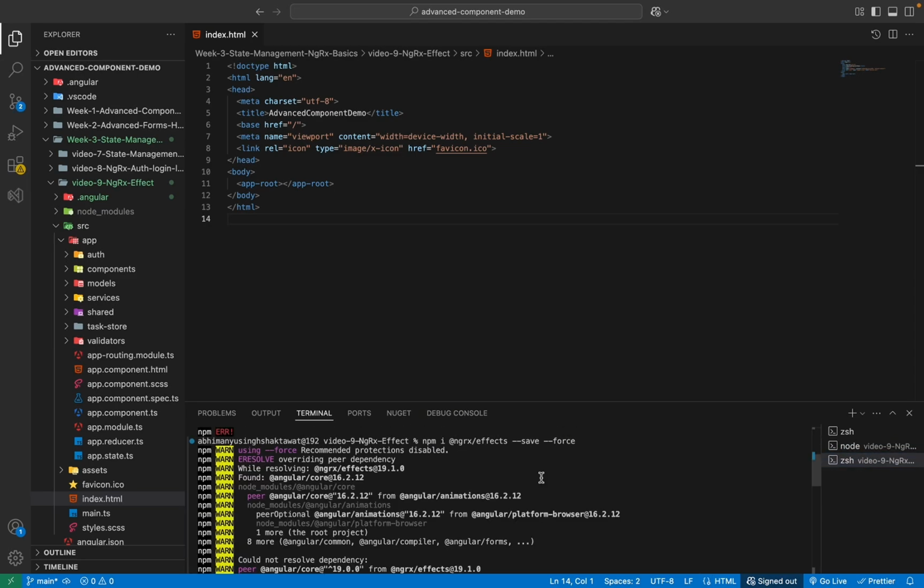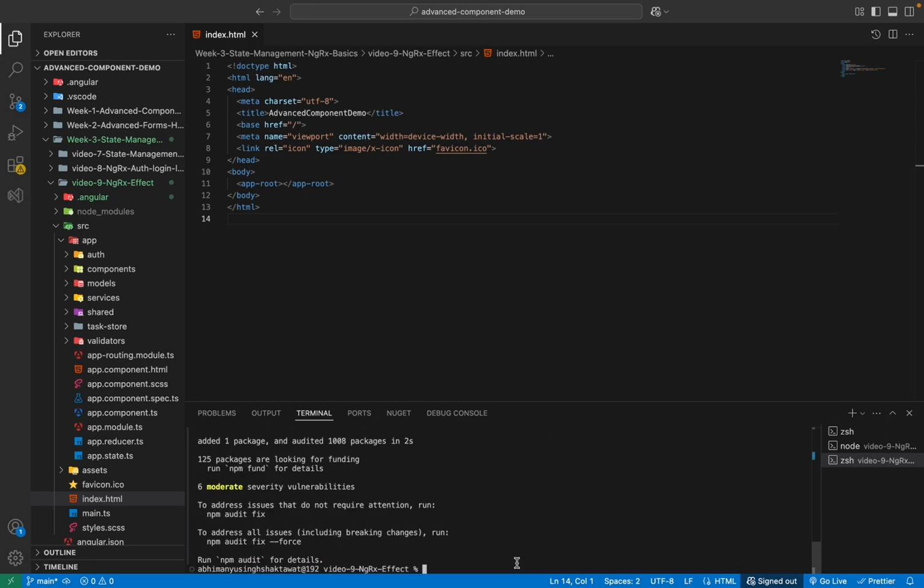So this will install NgRx effect into our project. It's been installed. Okay, so now we have NgRx effect installed in our project. So next thing, since we'll be dealing with real HTTP request, we should have Angular HttpClientModule and our effects module